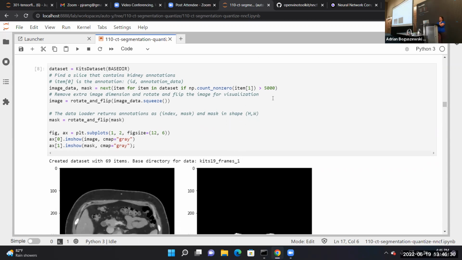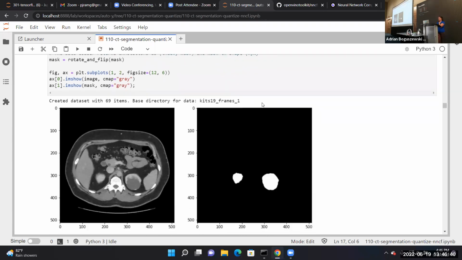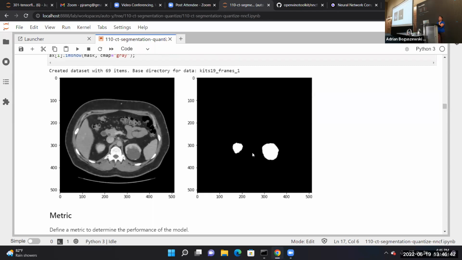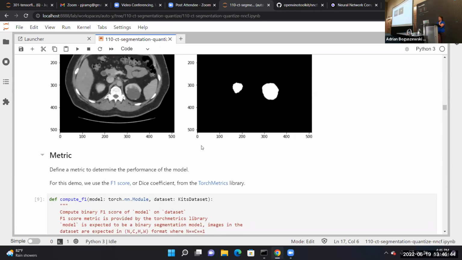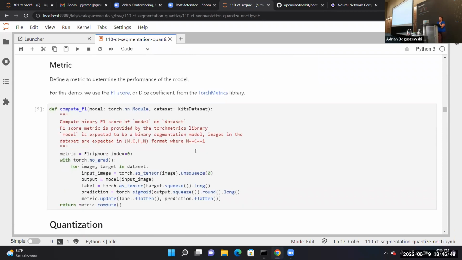In this case, we have this filter here, just to avoid images with less than 5,000 pixels in the mask. So we are making the proper data set here. And also, we are using